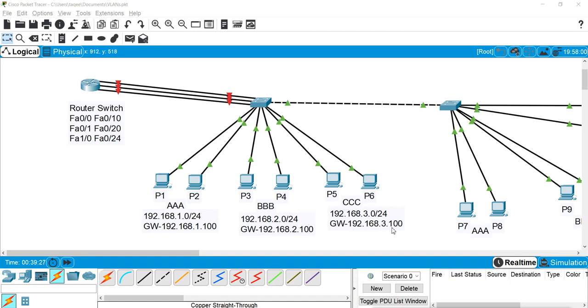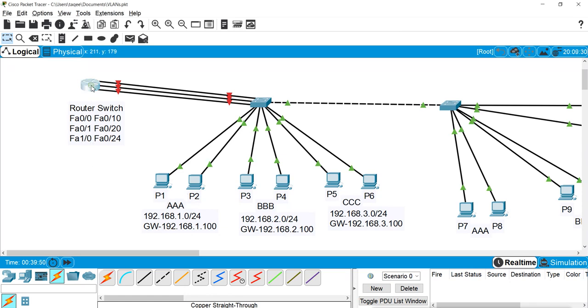So we have configured the switch already to make these ports members of these particular VLANs. Now we will configure the router. What will we configure on the router? Just an IP address, nothing else. We will configure the IP address according to the VLANs' networks, which is the gateway of all these machines, and that's it.